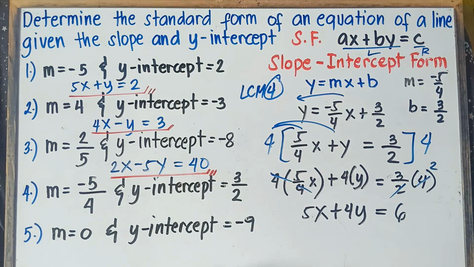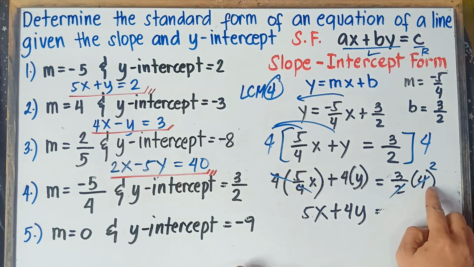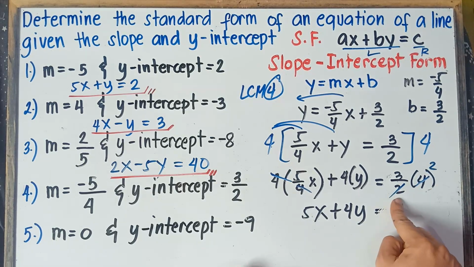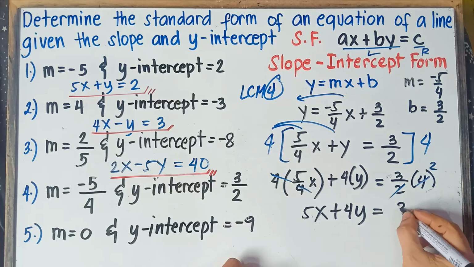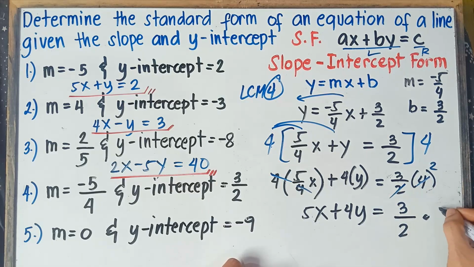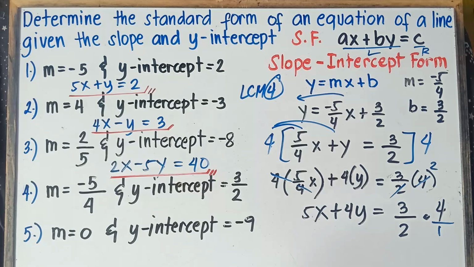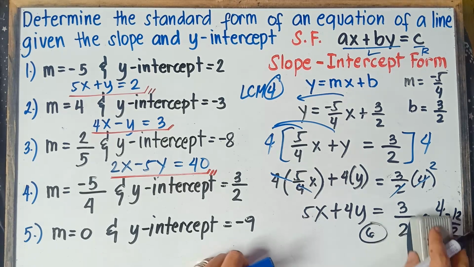I'm sure, class, you will be confused with this one. Let me explain this step by step. Sir, why do you cancel this out? Because we can divide 4 by 2, which would be 2. Or if you want the long method, 3 over 2 multiplied by 4. Understood that any whole number has a denominator of 1. 3 times 4 would be 12, 2 times 1 would be 2, and 12 divided by 2 would be 6. Once again, class, I hope you're not confused.